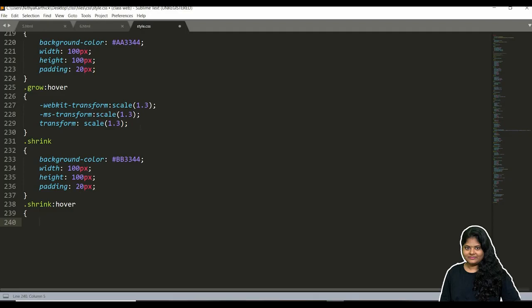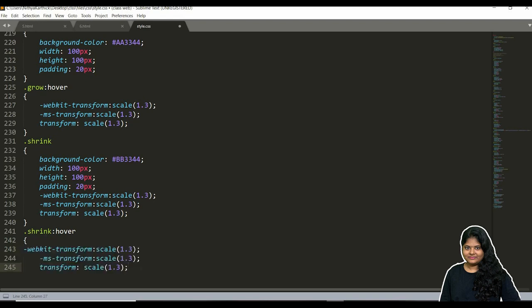When you give less than 1, this will happen. Basically it will be in grown stage. I want to reduce the thing, means just place it here and reduce the values. Something is in grown stage, we can shrink it.